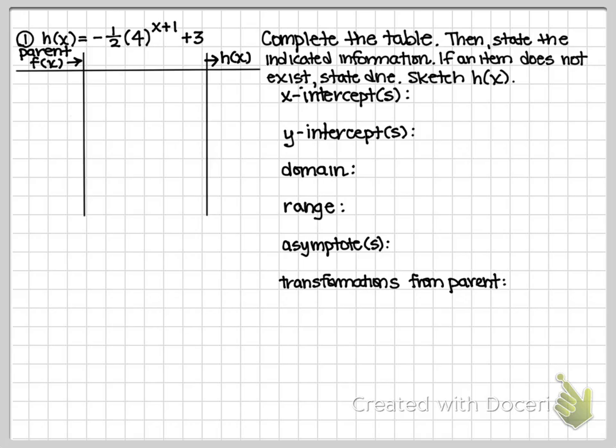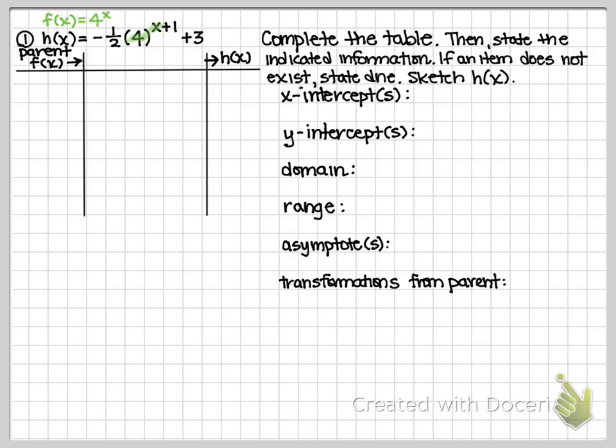So if I take a look at my equation, I'm going to start pulling away all of the transformations. So I know that it's exponential because I see that the x is in the exponent. Well, x is in the exponent of what number specifically? It's in the exponent of the 4. So our parent is right there. It's just 4 to the x. The negative 1/2 is a transformation. The plus 1 is a transformation. The plus 3 is a transformation. So our parent here, which has been identified as f of x, we're going to identify it specifically as 4